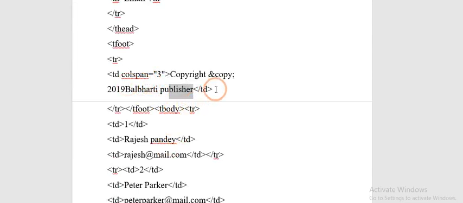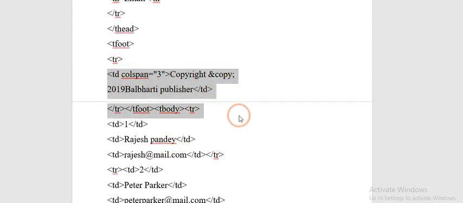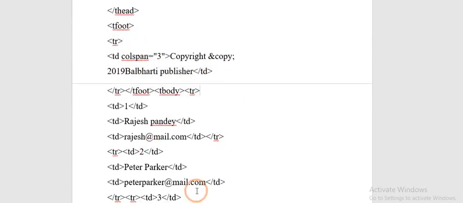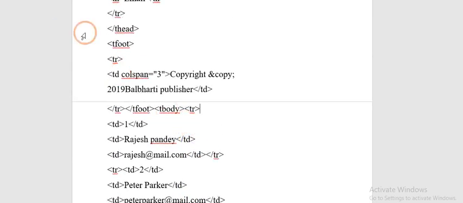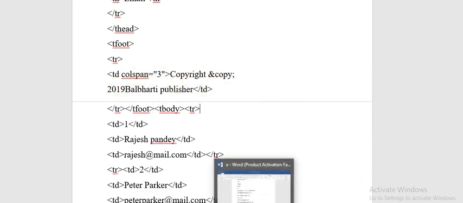Okay, there is one more method of writing this program. You can use this td colspan is equal to 3 over here in the starting, or else you can use this t-foot tag after writing the entries of the columns. So now we have used the t-foot tag over here, and whatever data is written at the foot of the table will be a row in which the three columns will be combined together and a single row will be created, and the value for that row is the copyright and copy 2019, whatever data you want to give.